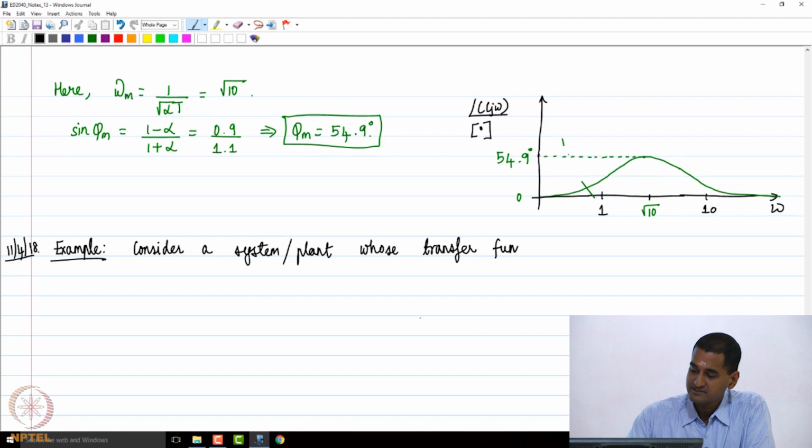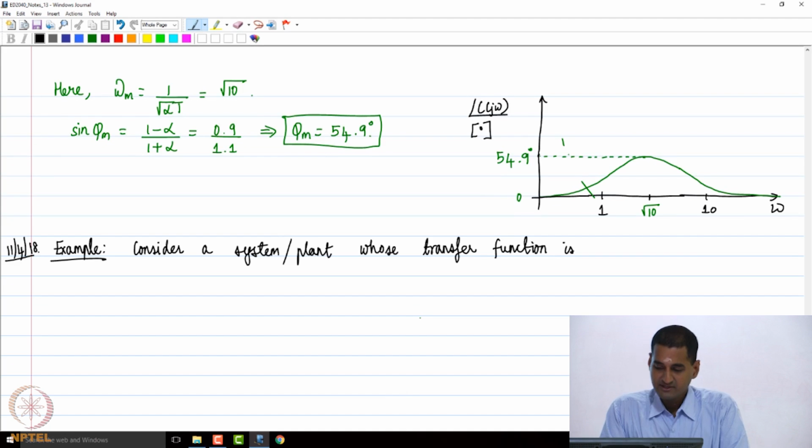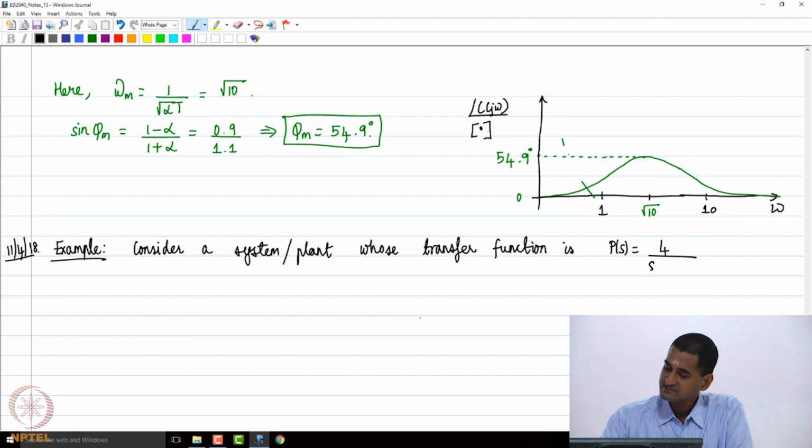P of S is given as 4 divided by S times S plus 2. That is the plant transfer function. What we need to do is design a lead compensator